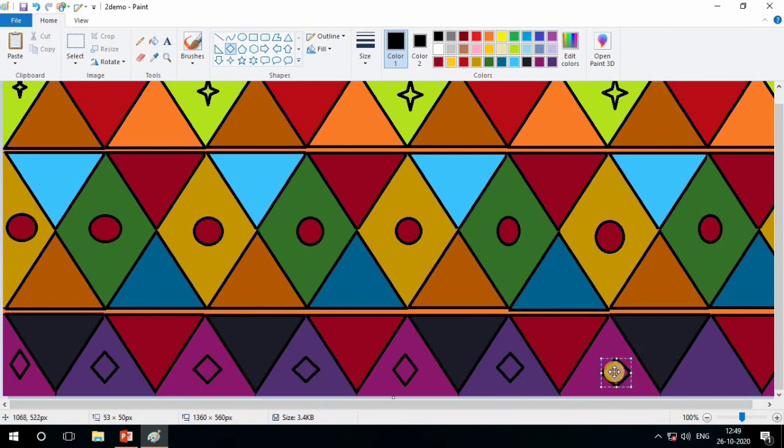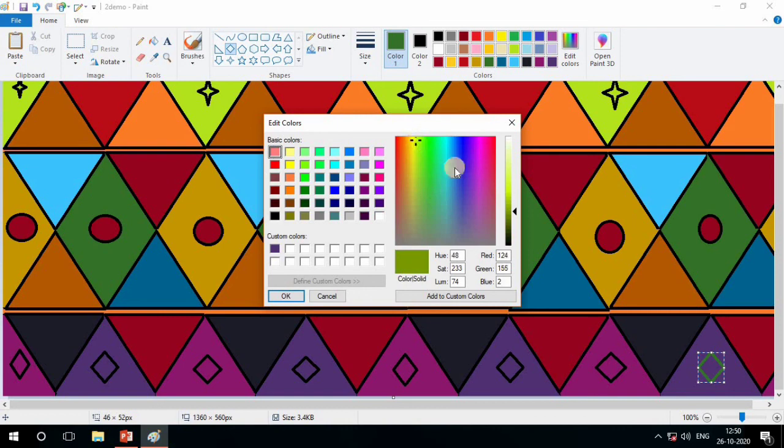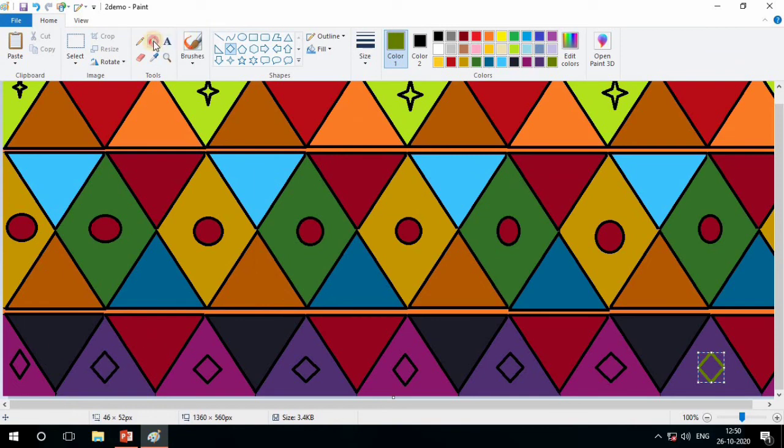So easy, no? It's so easy to draw on the computer with different ideas. You can use your mind and you can do anything on your computer. You can do any drawing and fill the color with any one. Add the custom color of your choice and fill the color.